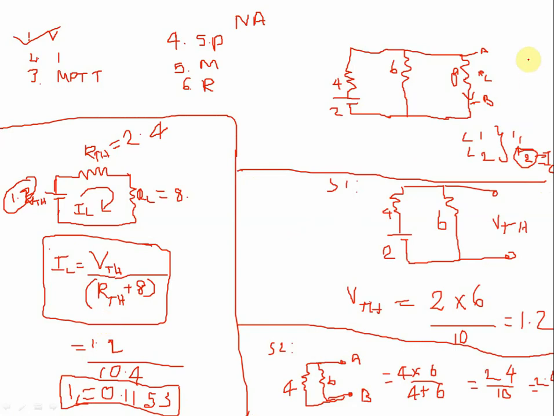Okay, so let's take the same problem and go ahead with the Norton theorem. When you proceed with the Norton theorem, it also has 3 steps. Actually, you have seen that step number 3 is similar, and step number 2 is the same. So I want to proceed with the Norton theorem.